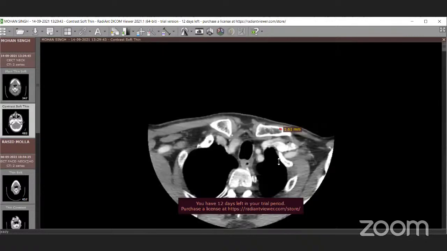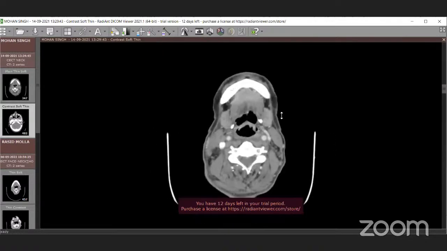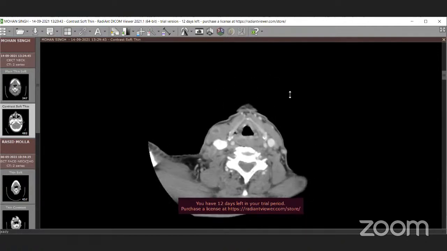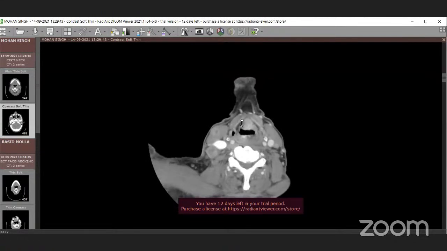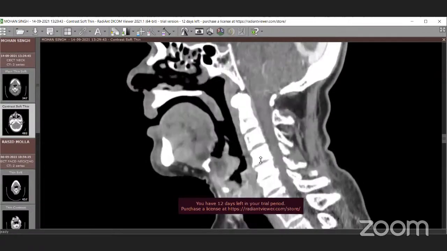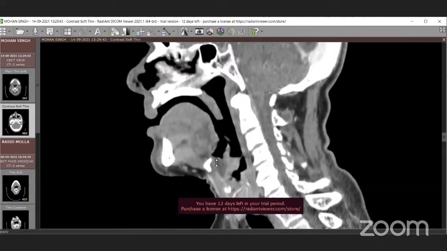Paraglottic and pre-epiglottic phase, please, because if there is any invasion or disease, we cannot see it properly. Yes. I think this case will describe that better. So this fat plane on either side is the paraglottic fat. Okay, and when we go on a sagittal view, the fat plane inferior to the inferior margin of the vallecula, this triangular fat plane is the pre-epiglottic fat.